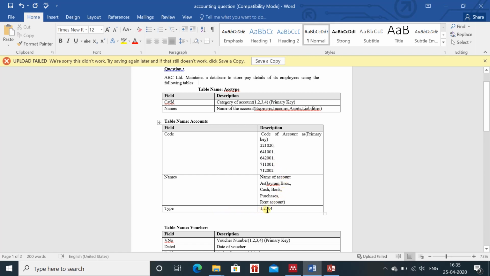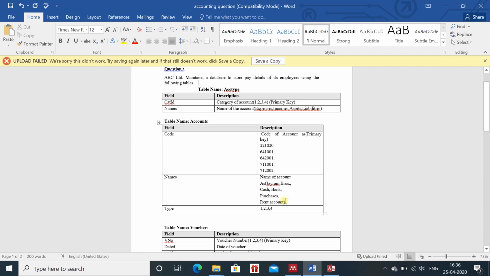In the case of type also you have to make sure, suppose we are talking about cash and bank, the type should basically be asset. So whatever number we have given to the asset should be considered here. If they are assets and we have given the number 3 for asset, then 3 should be written in front of cash and bank.